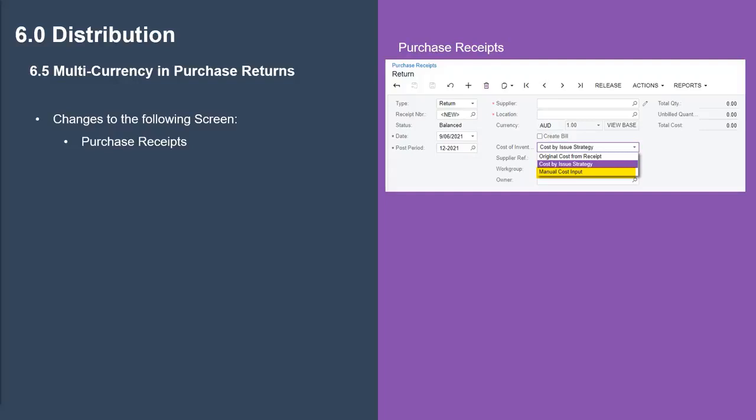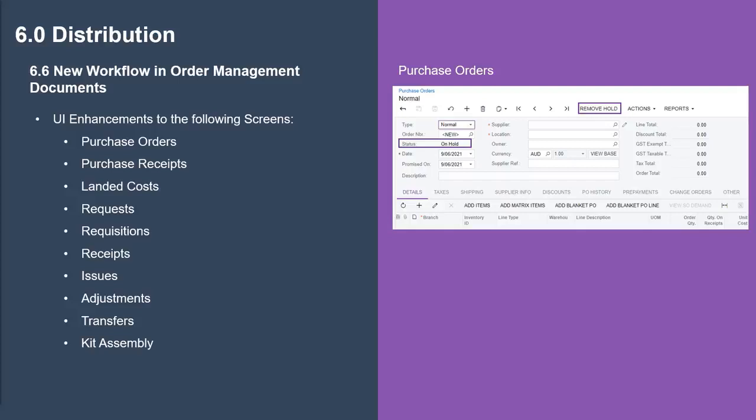The same rules apply to overriding the rate as for cost by issue strategy. There's a new workflow on order management documents, with the purchase orders, purchase receipts, landed cost and inventory documents redesigned to use the new workflow engine. The processes performed on all following screens work as they did previously, with the UI enhanced to support the new